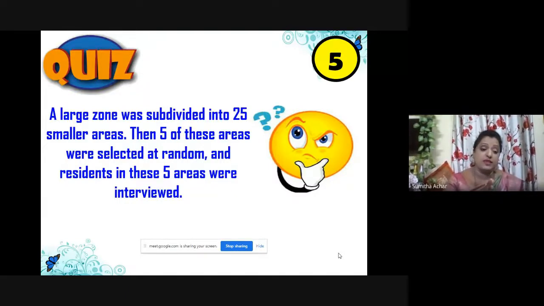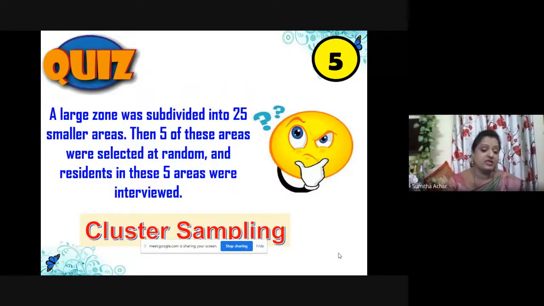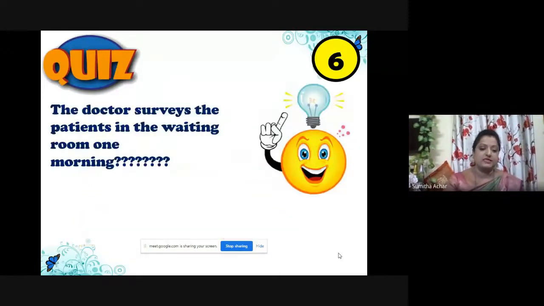This can also be a stratified sampling, but here the areas are divided into clusters. So between the clusters, they are all the same. Within the clusters, they are different, right? So here, from one area to another area, a third area, a fourth area, they are all likely the same. So it's a cluster. Yes, of course, it can be a multi-stage cluster sampling, or it can be a single-stage cluster sampling. But this is a cluster sampling. Again, it's the researcher's call to decide whether to give 1 stage, 2 stage, 3 stage, or multi-stage. Sorry, more than 2 stages is considered multi-stage.